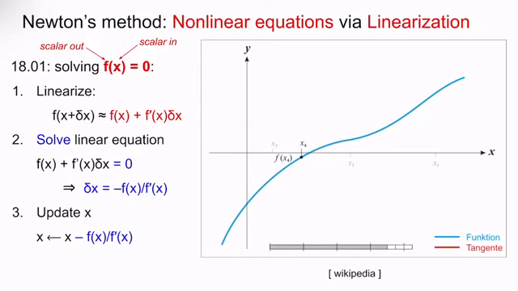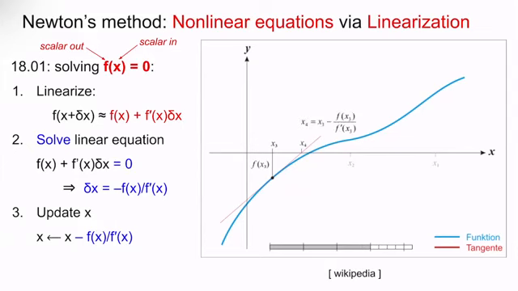Then we treat the equation on the right, the linear problem, as an approximation for the real problem, and that one's easy to solve. We set that linear thing equal to 0 and solve for delta x, and it's just minus f over f prime. That gives us a new x. So our guess for the solution is x plus delta x, which is the same thing as x minus f divided by f prime. Of course, it's not an exact root, because this was only a linear approximation, but